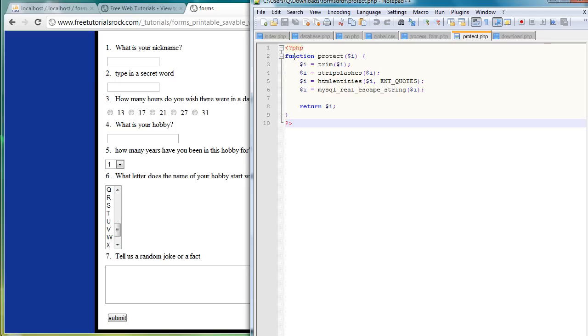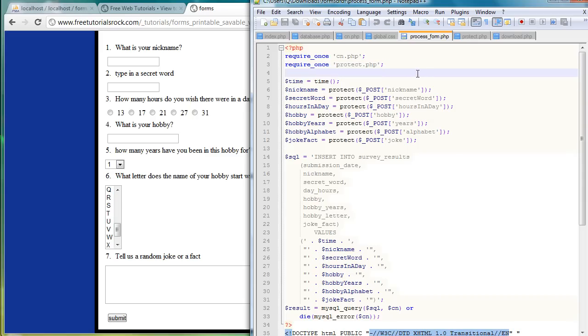So I wrote a simple protect PHP file here that I'll be using throughout my tutorial. Feel free to look up the individual functions and what they do. I'll just include them here so that you can check them out later. And yeah, so I'm going to come back to my process_form.php file page, and here I've made a